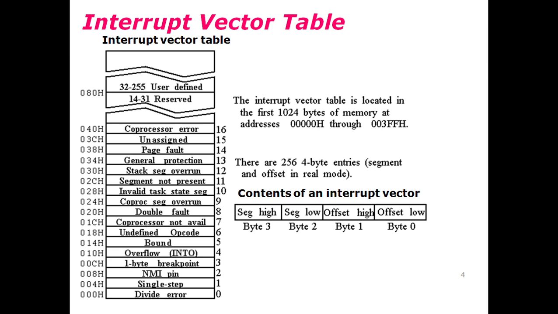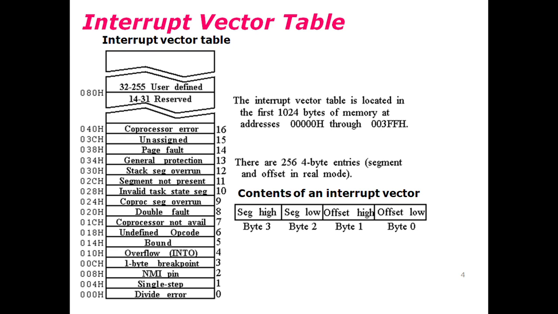And the next 2 bytes, byte 2 and byte 3, provide the new content of the segment where the interrupt procedure is defined. So just like the far jump, where the last 4 bytes were there to define